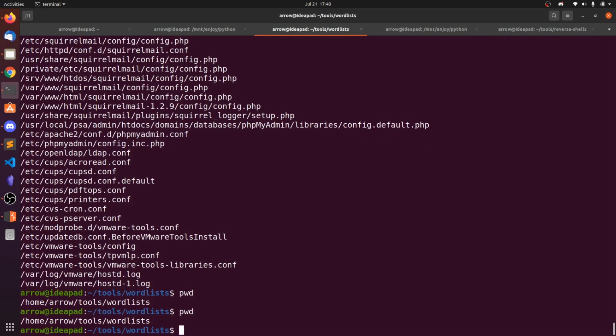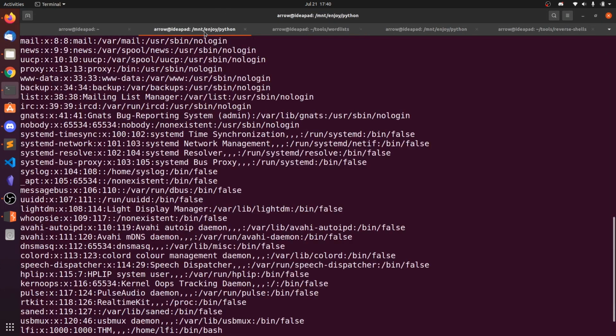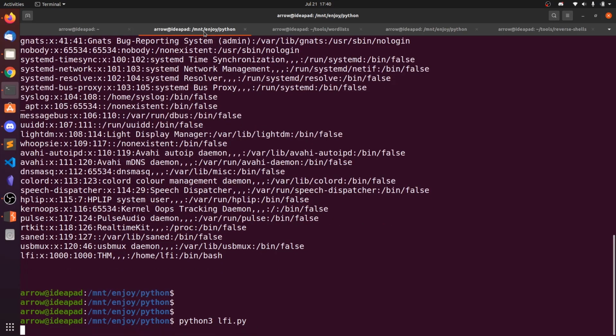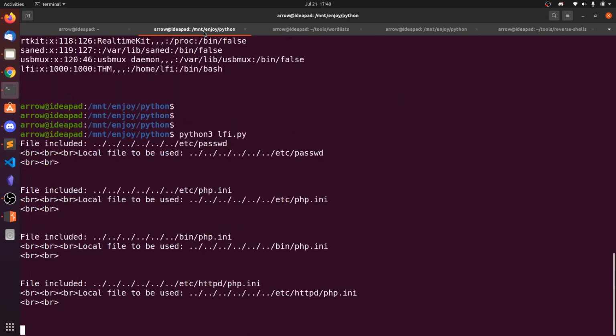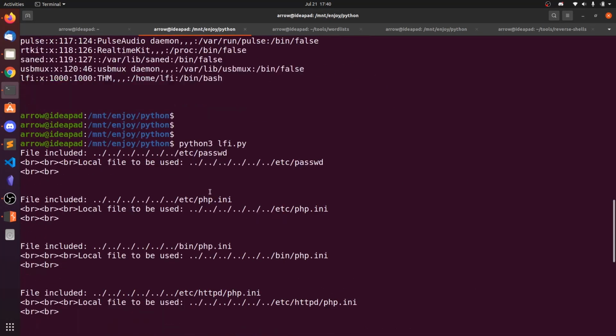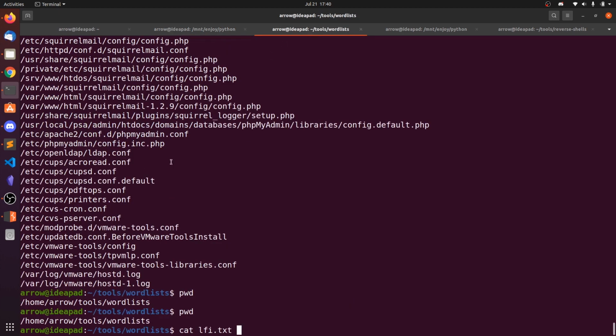So let's run this. There will be one problem. If you notice, you can see passwd, and there is the new line, because in our wordlist there is a new line for each line, right?